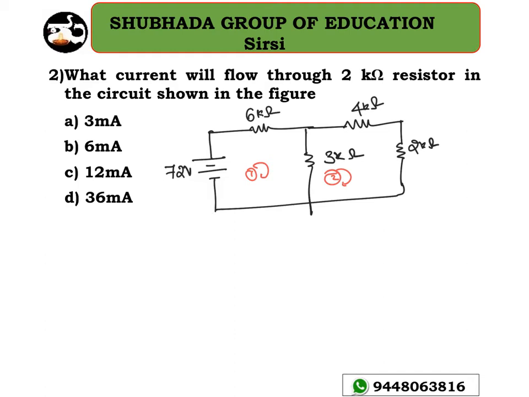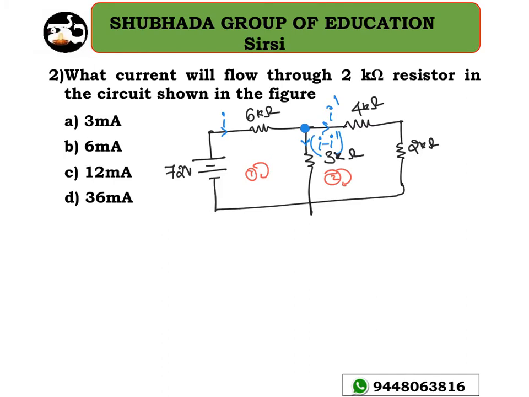Okay, let me apply Kirchhoff's voltage rule for both the loops, so that I can easily find the value of the current flowing through the 2 kilo ohm resistor. So let's give it a try. Let me use some current I flowing here. As it's a junction, the current will be divided. Some I dash current will be flowing here. So this current must be I minus I dash.